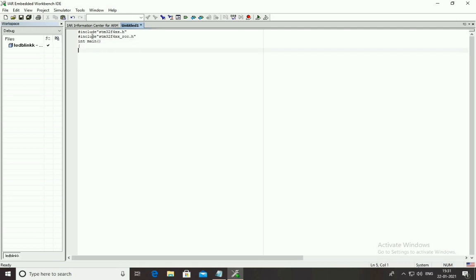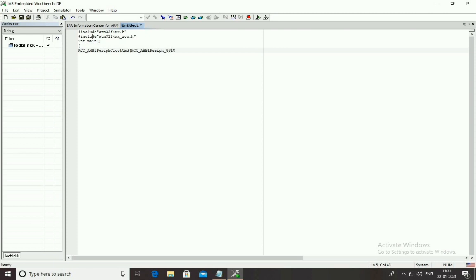then after that you have to enable the clock of AHB1, where AHB stands for advanced high performance bus, okay, on which the GPIO general purpose input output ports reside.